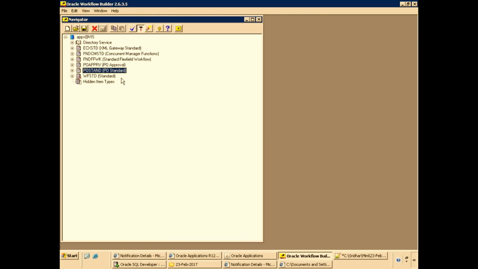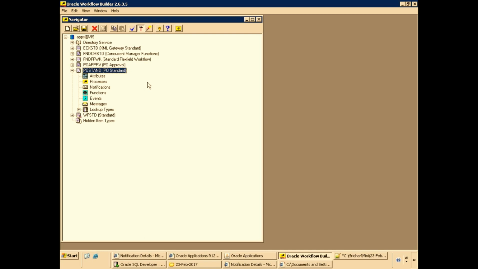You can also search for the client name, and if they added custom functions or custom attributes, mostly again it will be XX followed by a custom name.